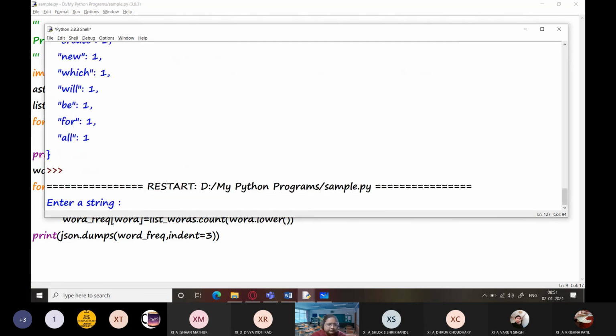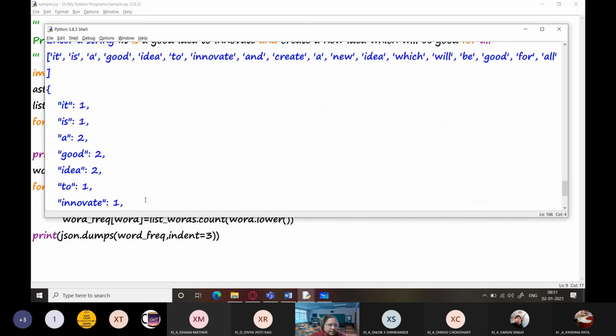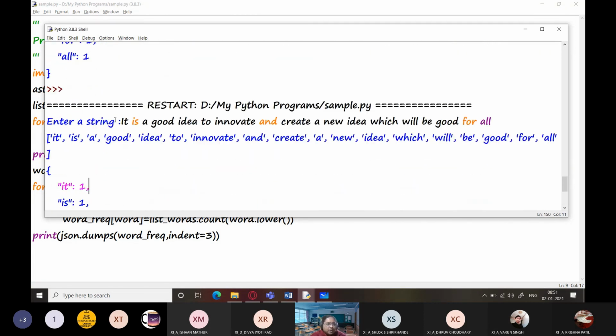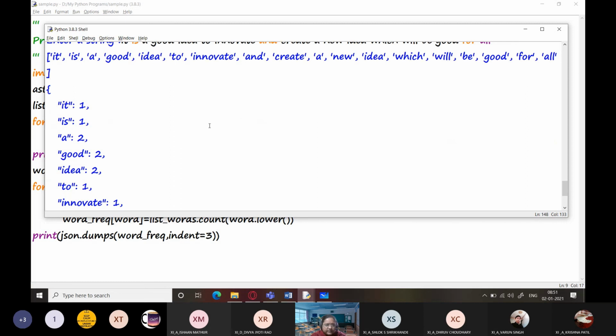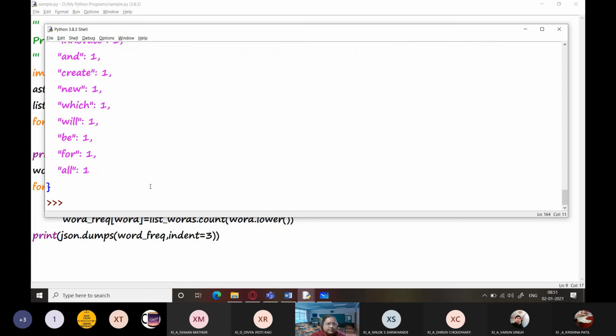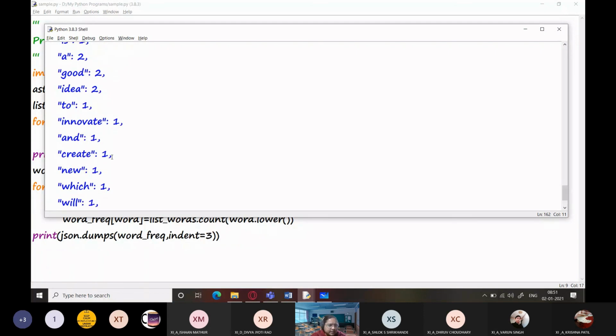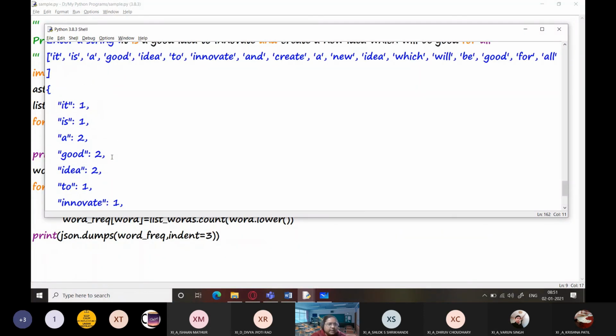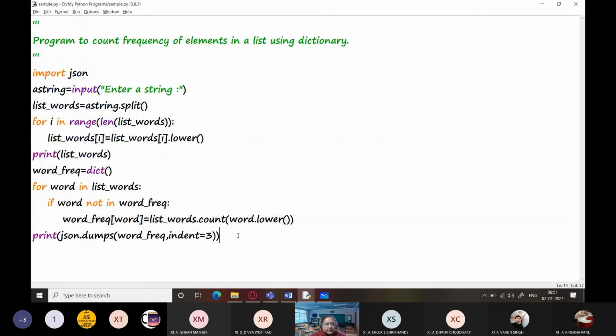Let's check it now. So this is the string, press enter, and let's see. Now it is giving me 1. What it did, it first converted the string into a list, and then it also converted all the uppercase characters into lowercase characters so that we have a uniform search everywhere. And then it printed the values in this way. That is, it counted the frequency of elements, and you can also see that none of the values is being repeated over here, right? So this was the program to count the frequency of elements.